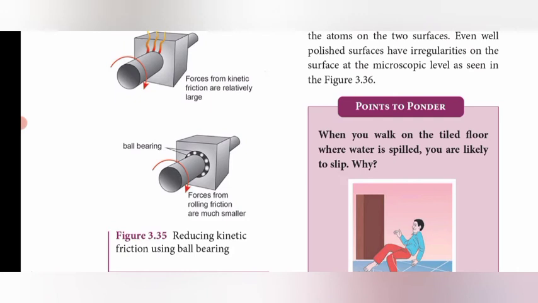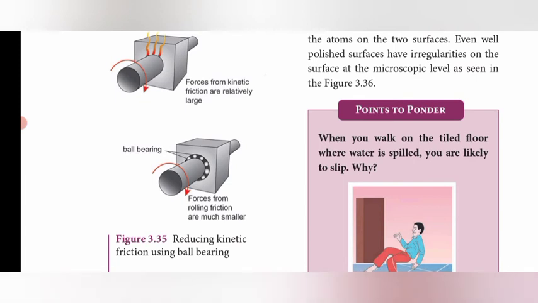So that can reduce the kinetic friction between the two objects. Here, what are the two objects? A rectangular block and a circular object are placed together, and they can do some work. It can rotate, or do rotating work like that. Because of using this ball bearing, it can reduce the friction and work for a long time without producing a heating effect. So these are all the methods of reducing friction.